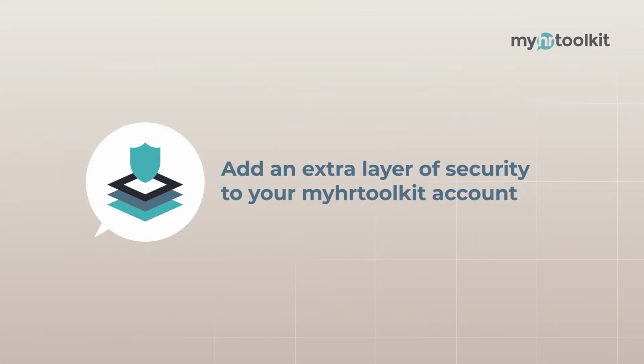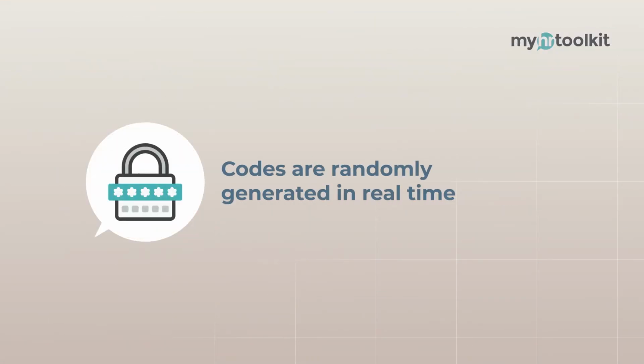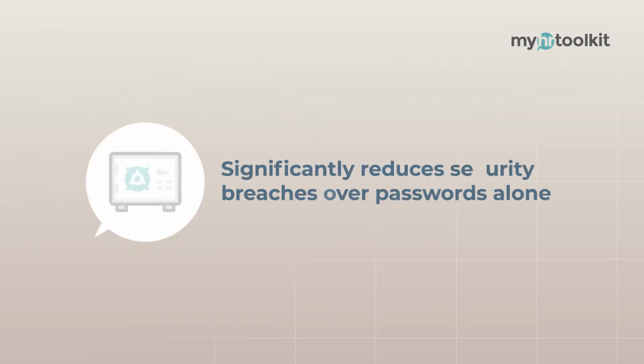MFA, also called 2FA or two-factor authentication, is a security feature in myhrtoolkit that adds a strong layer of protection to your account. To access your account, you need to prove that you are who you say you are. We call this authentication. As well as asking for your username and password, with MFA enabled, users are required to prove their identity by adding an extra code generated by a device that only they have access to, for example,